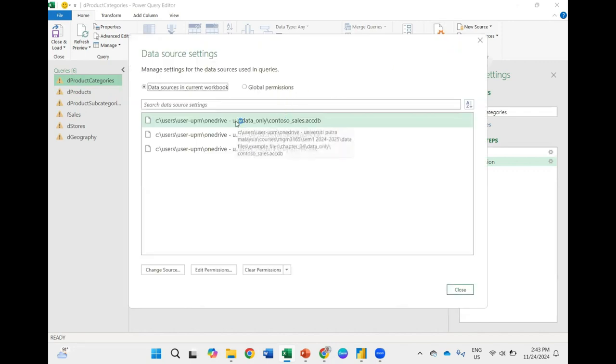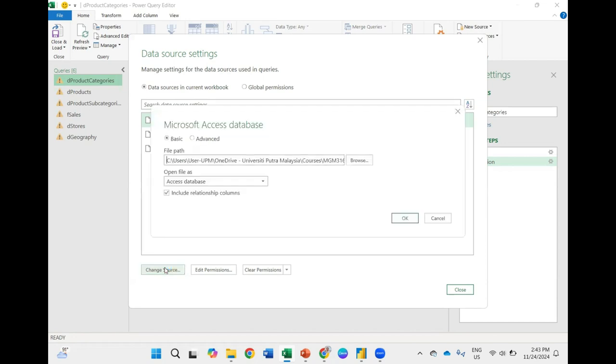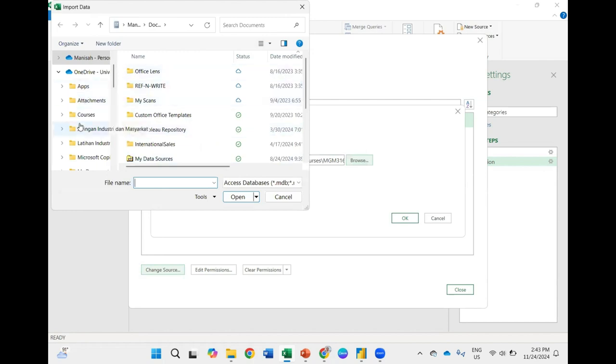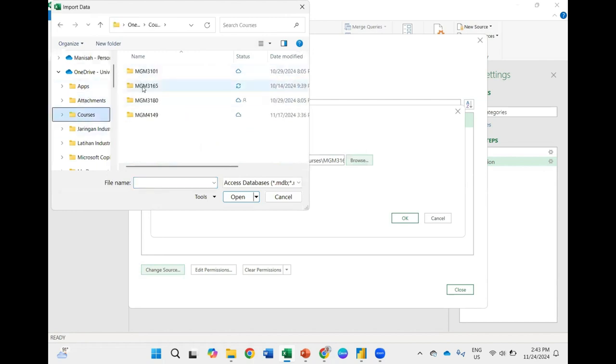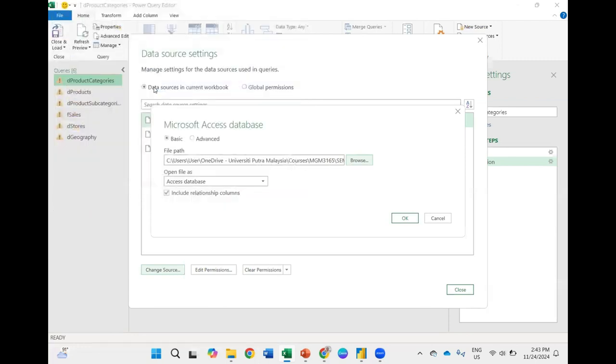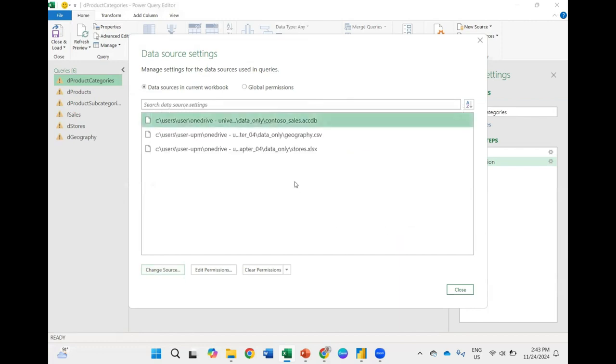Click here, change source, browse, go to the folder that has the file. That's why when you create using a data model, you must be consistent and use the same platform. If not, you have to renew this.